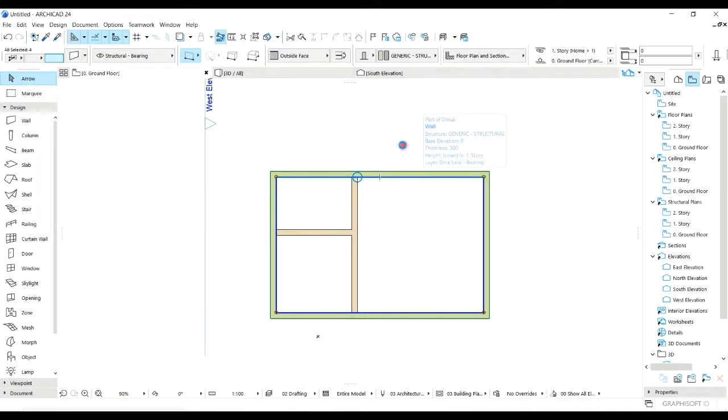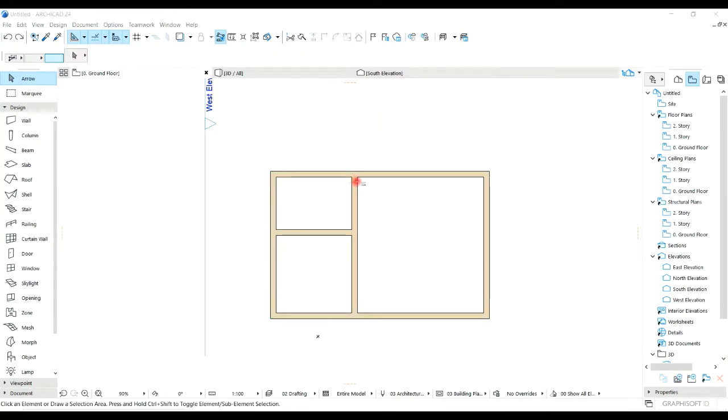Yes, you go to measure and then choose this corner, measure, choose the corner. I'm gonna put 3 meters from this corner, and then